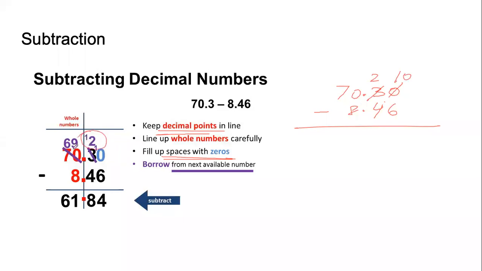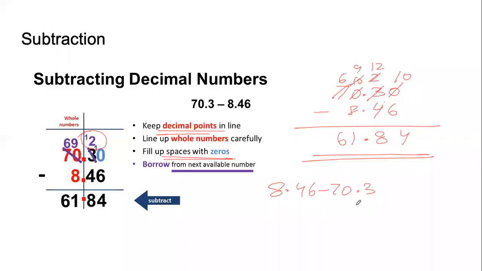This is the wrong way of writing. Don't write 1 in between. It's confusing. You cut the 0, write 10 above it. 10 minus 6 is 4. Now once again 4 is bigger than 2. We cannot subtract. So we will have to borrow. Side में कौन है? पड़ोसी के पास भी पैसे नहीं है, 0 है. So we will go to the next neighbor, 7. So this will become 6. This will become 10. From 10 we will take something, and this becomes 12. This becomes 9. Now 12 minus 4 is 8. All decimal points aligned. 9 minus 8 is 1 and 6, 61.84.